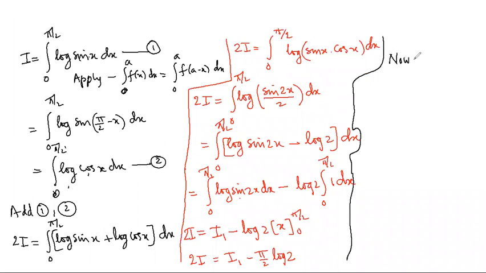Now we shall prove that I and I1 are equal. That's what I'm going to do now. I1 stands for integral 0 to pi by 2 log sin 2x. I stands for integral 0 to pi by 2 log sin x. I am going to prove that this and this are equal, so that I will replace this by I and bring it to the left hand side and I get my answer. Is that clear to you? So what is my aim? To prove log sin 2x and log sin x when limit is 0 to pi by 2 are equal.